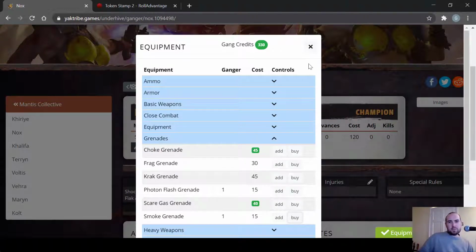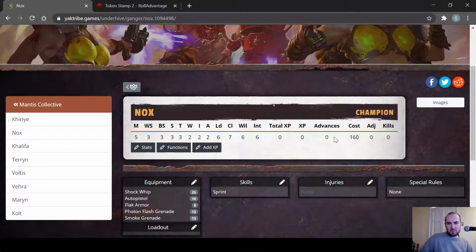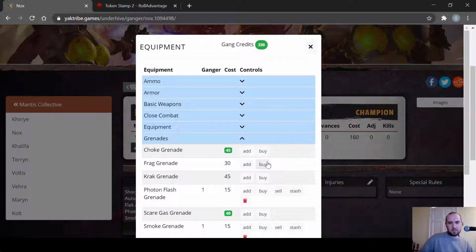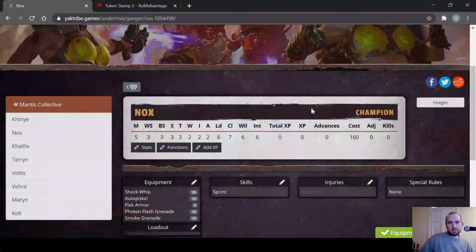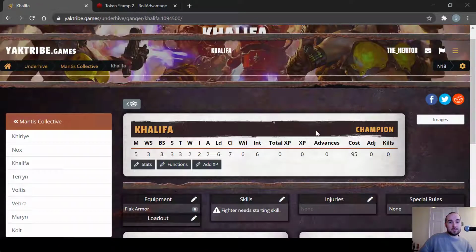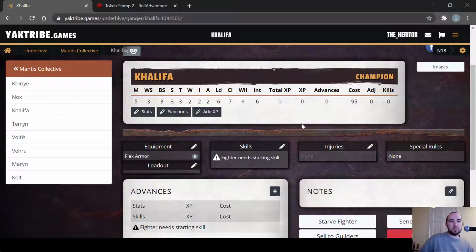But her cost was coming out of 215. I think I might have been given her frag grenades too. So let's buy those and then see. I think I might have given my leader and champions some extra sort of protective equipment, like respirators and filter plugs and stuff. But anyway, I'll just do my last champion and then I'll actually from this point,